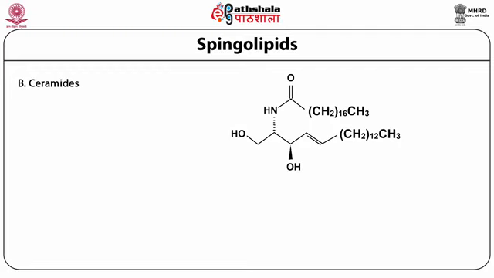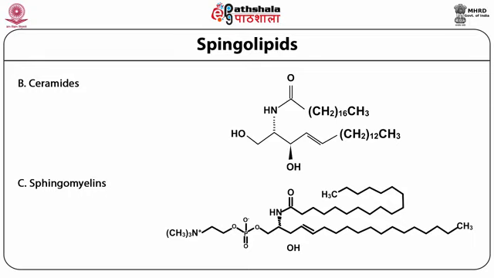Ceramides differ from each other in their constituent fatty acids, because this is the fatty acid which has acylated the free amino group of the sphingosine. Ceramides are the basic structural units of sphingolipids. Thus, ceramides are part of both sphingomyelin and gangliosides, which are two important classes of the sphingolipids.